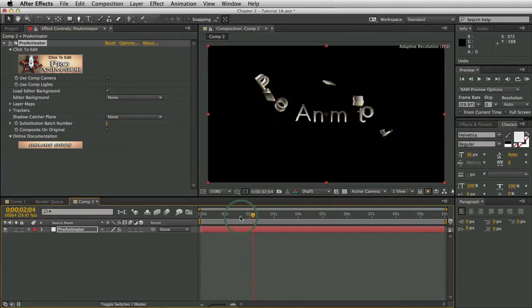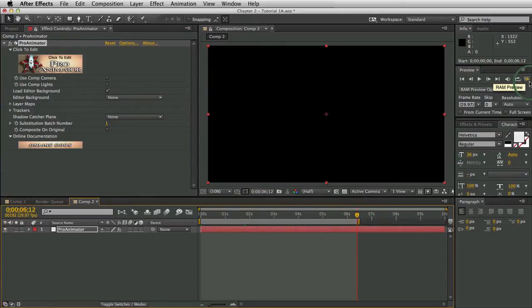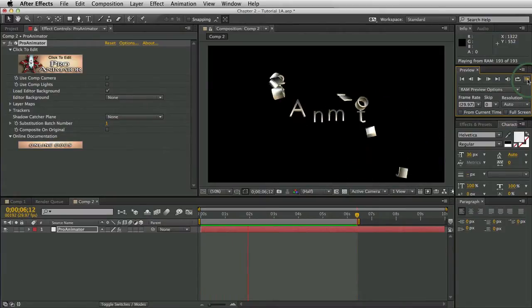So here we go. Now we are back in the After Effects timeline. Let's go to the end of the animation, which is about right there. Hit the B key, the N key to set our work area and do a RAM preview. So it's coming on, and look at that, it's rendering actually faster than real time. Right, and swings on, swings off. Okay, so there we go. So that's our animation playing back as a RAM preview in full quality.